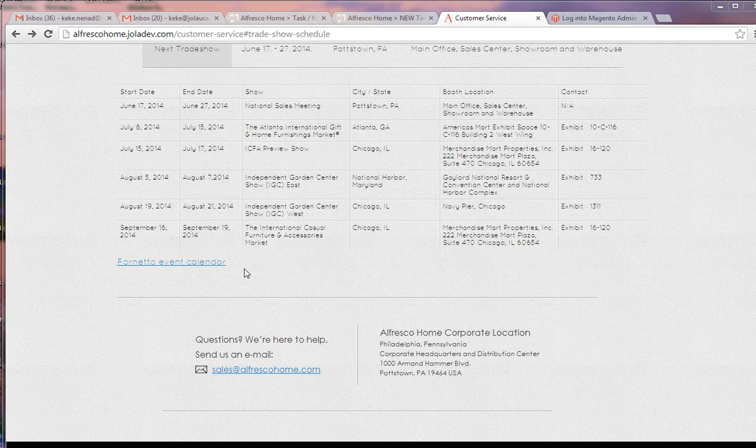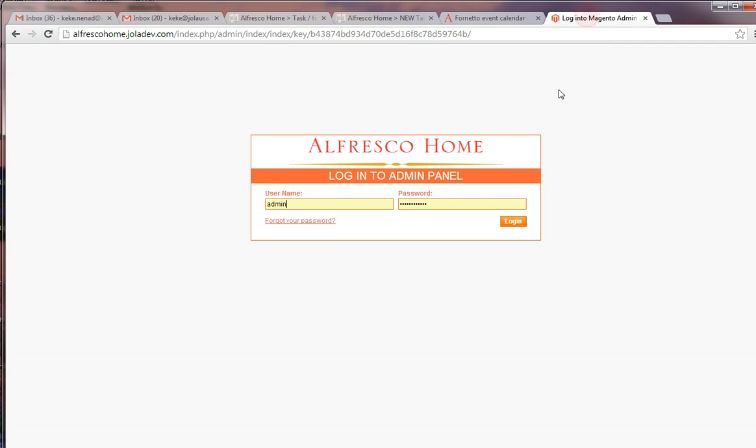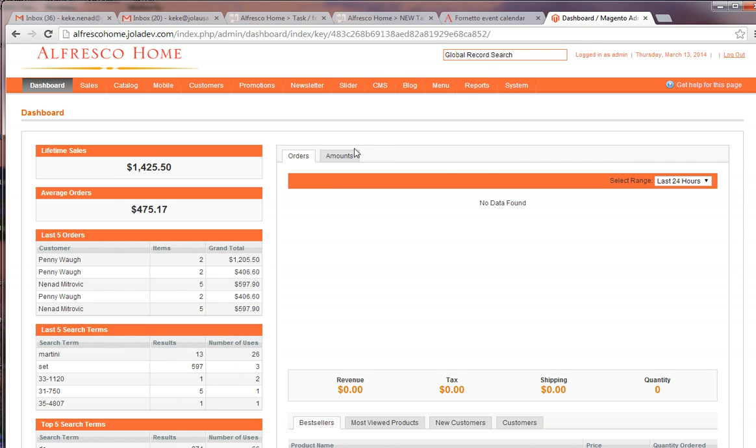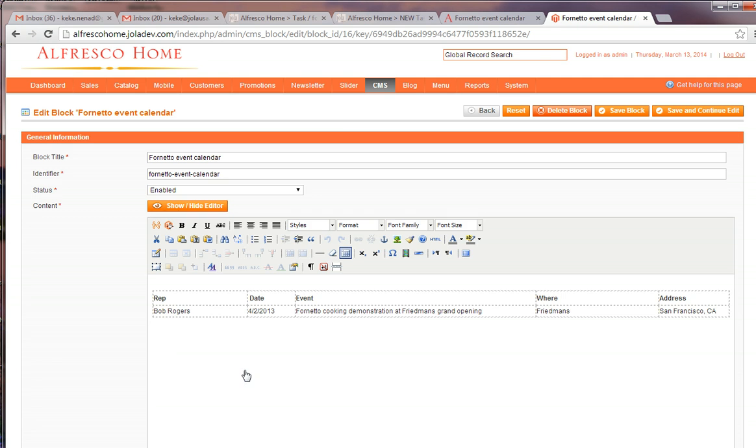Hello, in this video I will show you how to edit Forneto event calendar via admin panel. So I will show you how to add new row and how to enter the data. So go to admin panel, then go to CMS static blocks, find Forneto event calendar, click on it,